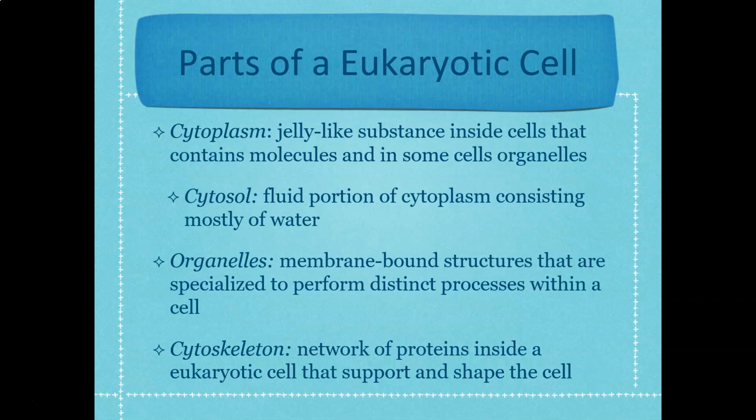Last piece is also having a cytoskeleton. So think about what that term means. You probably know what a skeleton is, right? Bones. What do those do for your body? They give you structure, support, allow you to move, right? And so your cytoskeleton is just that. It's a skeletal system internal to your cell. And so it's a network of proteins that help support the cell, give it shape, anchor things in place, be able to let it move,